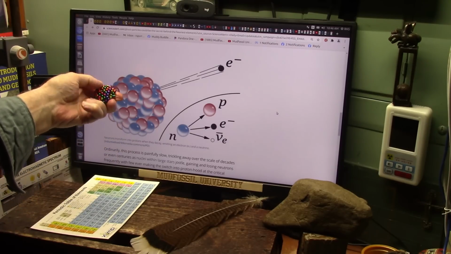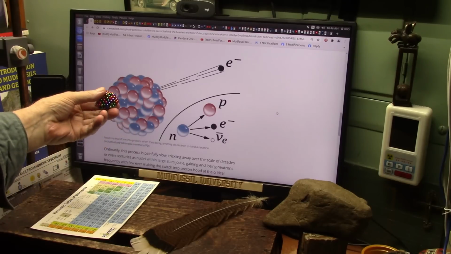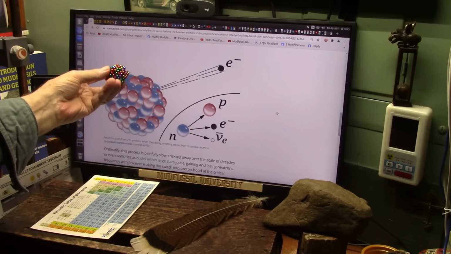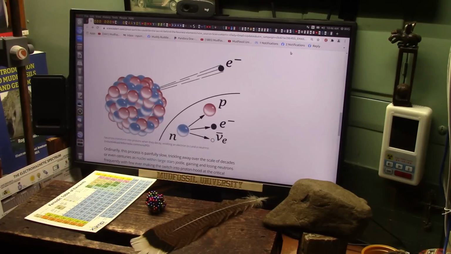Well, you're going to see the standard model says that's a big proton, and it's made of little quarks and things like that. Well, no, it's made out of dipoles, which is Dipole Electron Flood Theory. Now, let's go into